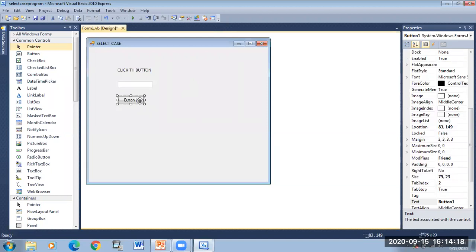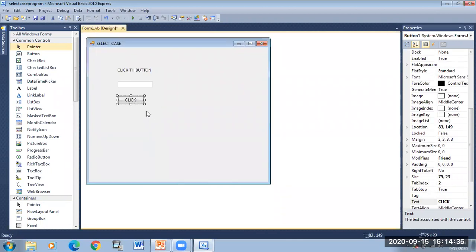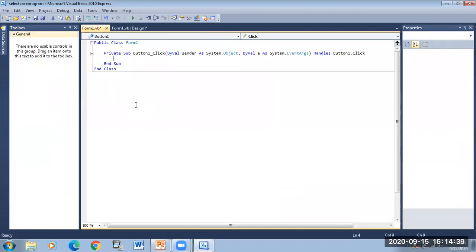Then button name is button 1, and the text will be click. Text box 1 is text box 1 dot text. Now in the click event we will write the program. So double click the button, then we'll write the select case statement.